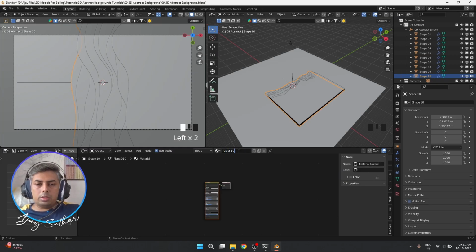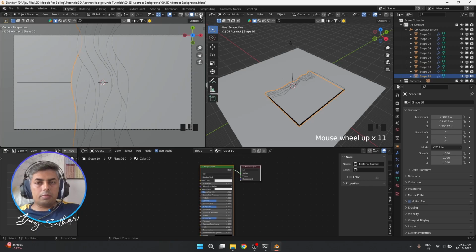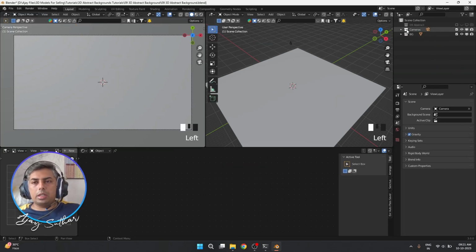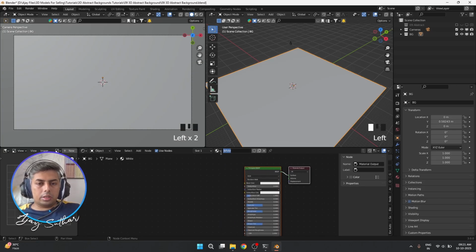Color 10. Okay, so let's create color 10. Before that I need, yeah, I guess let's hide this first. Let's create color here first. Okay, so let's say only BG and